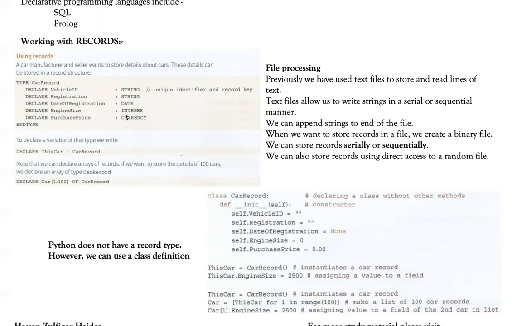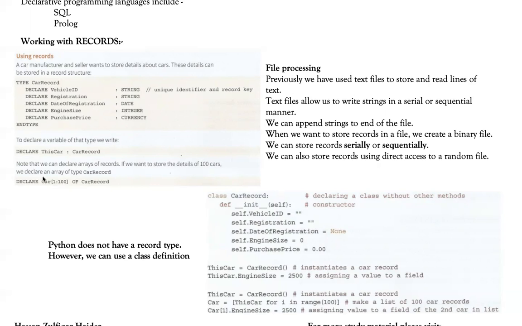Now, as opposed to storing data in a text file, using binary files is slightly different. In fact, it's a little tricky compared to your text file. A text file is pretty straightforward. There's a text file stored in the same location as the Python file, and you can work very easily with that. But working with binary files is different, because you need an additional library known as the pickle library to access binary files. We'll be looking into that a little bit. First, just a quick recap.